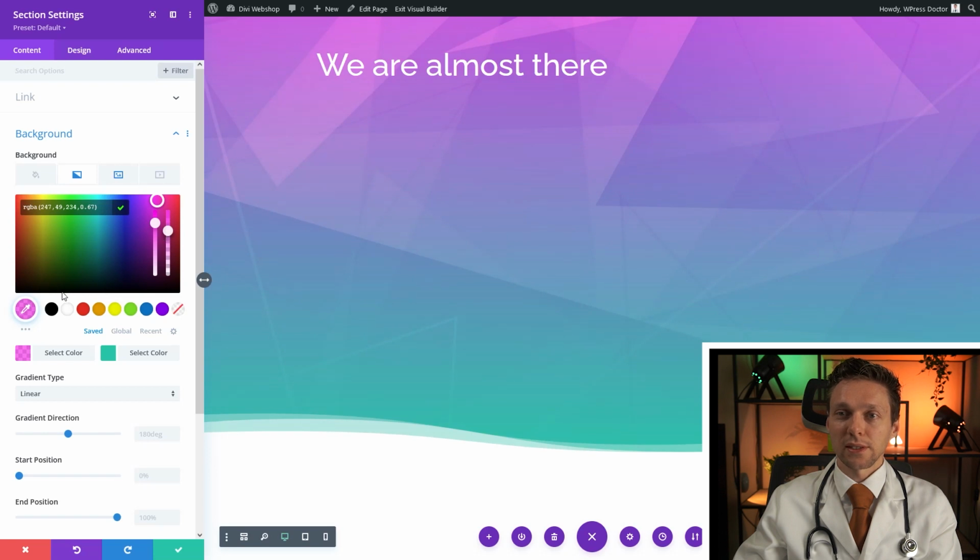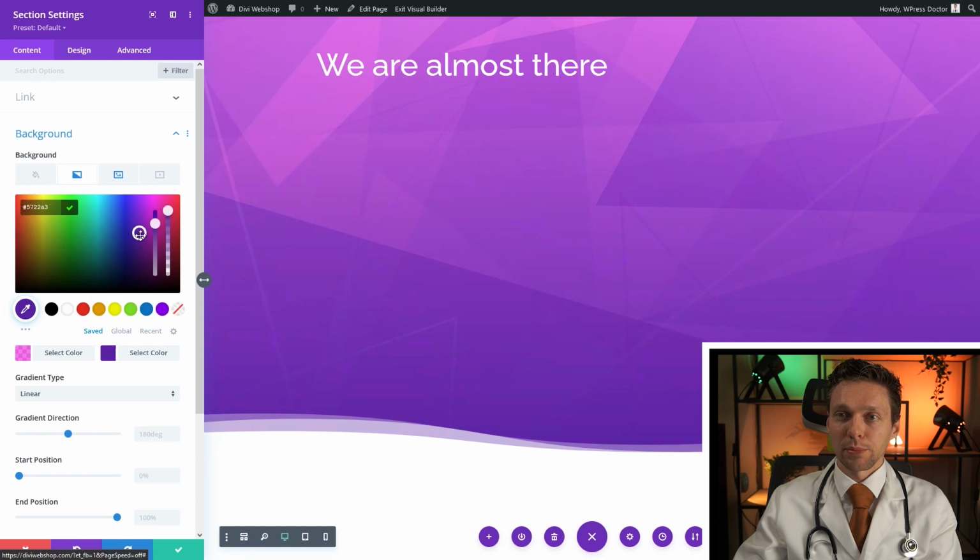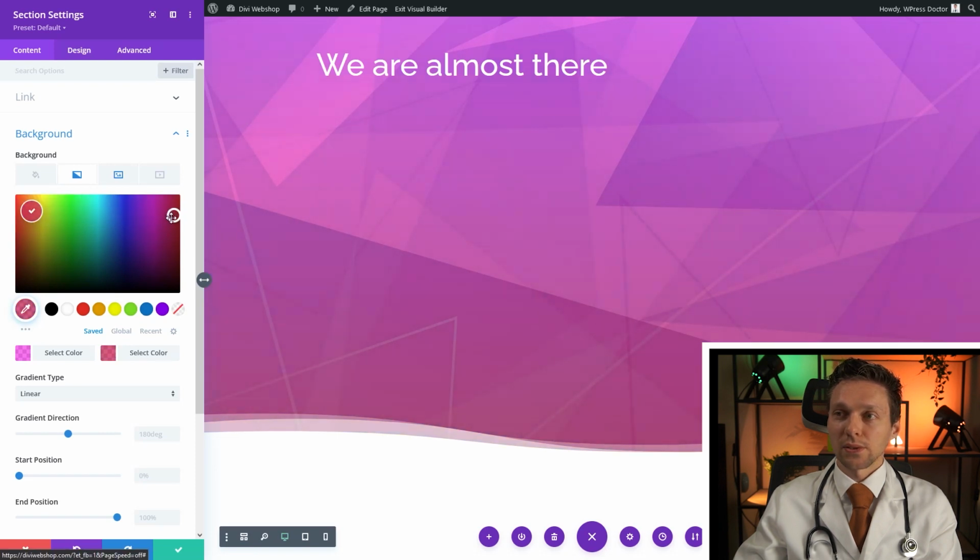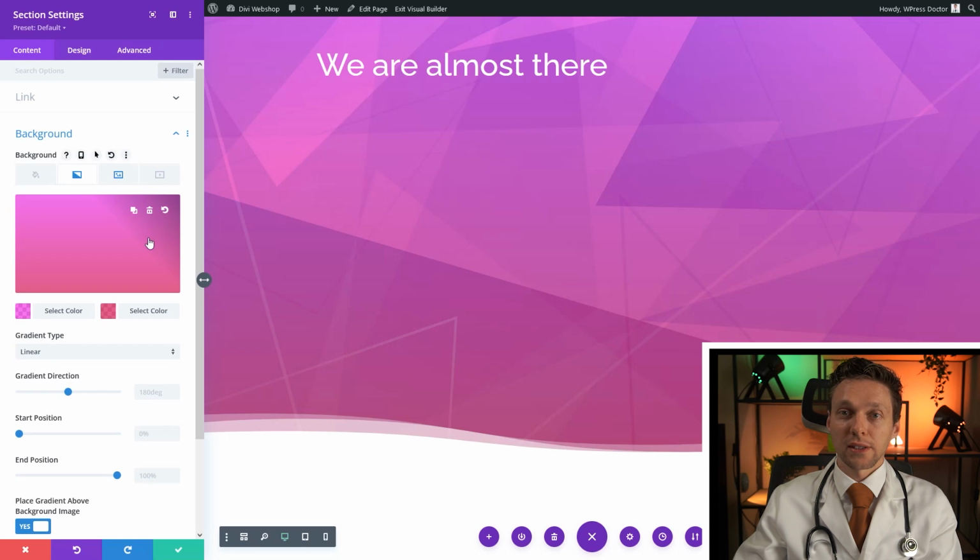As you can see, this is great. Go to the other color, make it a little bit more dark purple, and also just a tiny bit transparent, like that. You can also make it, ooh, this looks great. You can pick any color you want to give it an effect that you want on your coming soon page.